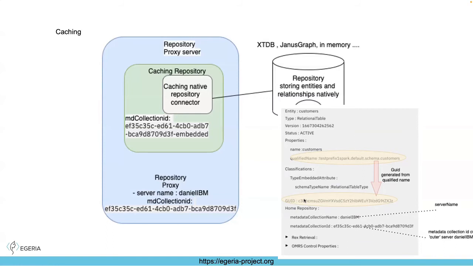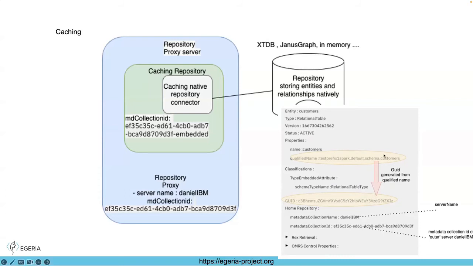In the case of IGC, they did need a qualified name as well, but they did have a unique identifier, a RID, which could be used. Every entity has a unique identifier, which is called a GUID in the Egeria ecosystem. So we didn't have an obvious way of getting a GUID. There wasn't an obvious unique number that we could associate with all of the entities we needed to create.